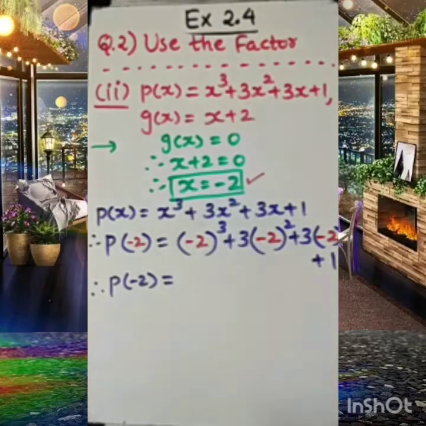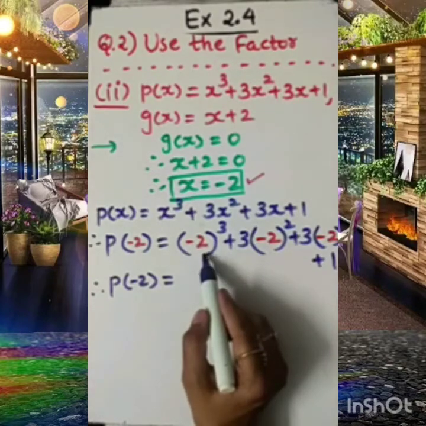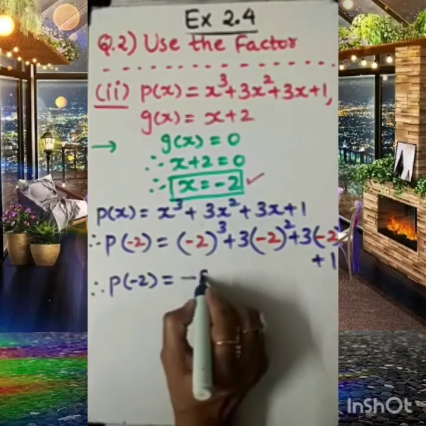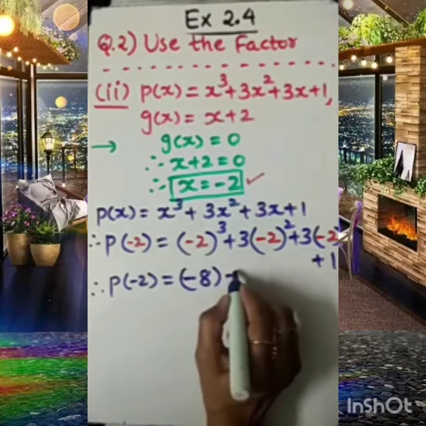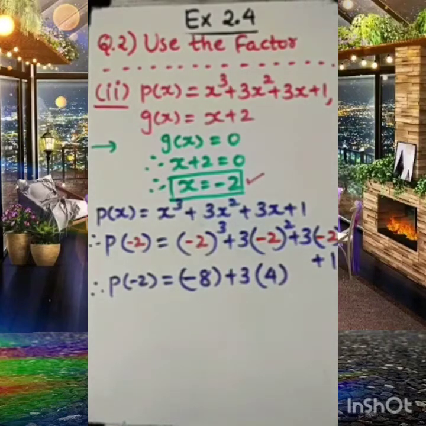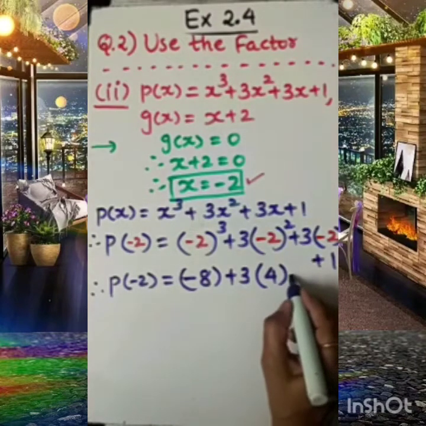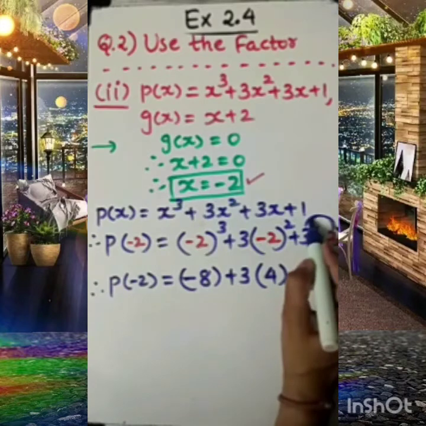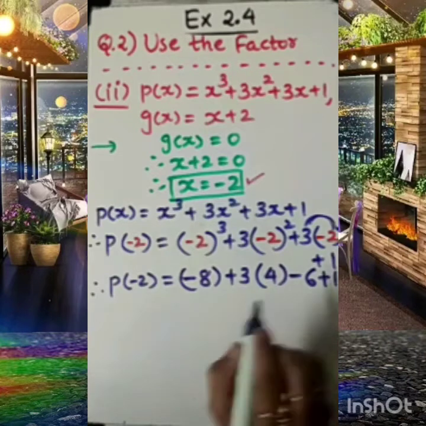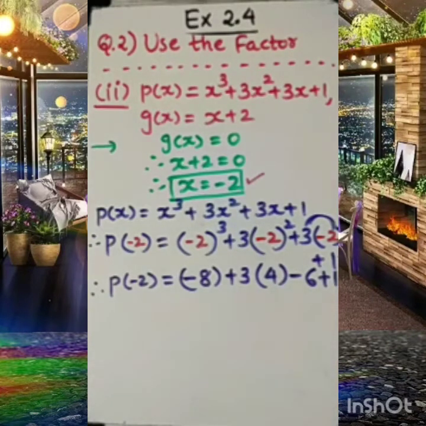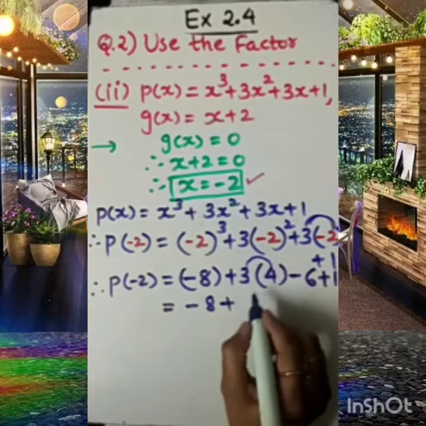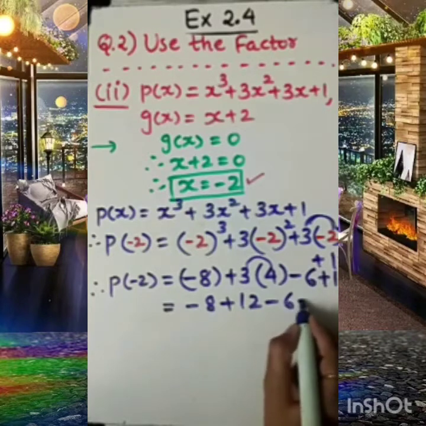Now we know minus 2 cube, it means minus 2 into minus 2 into minus 2. That is minus 8. 2 twos are 4, 2 fours are 8. Minus 2 square is a positive number, plus 4, because minus 2 into minus 2 is plus 4. Same way, 3 into 2, product of 3 and 2 is 6, along with this minus sign, so here minus 6, and of course this plus 1 at the last. Fine. So, let's simplify. Minus 8, 3 fours are 12, minus 6 and plus 1.